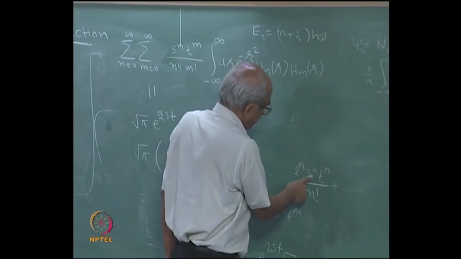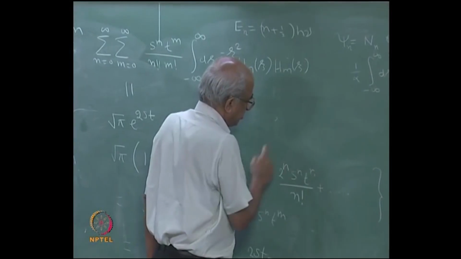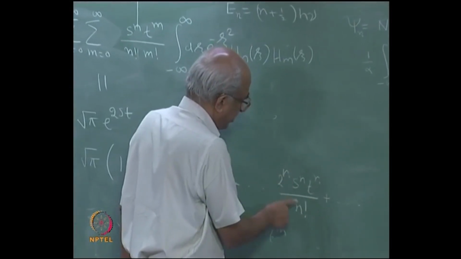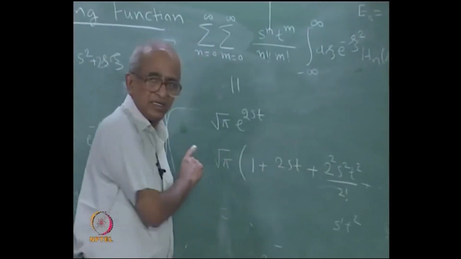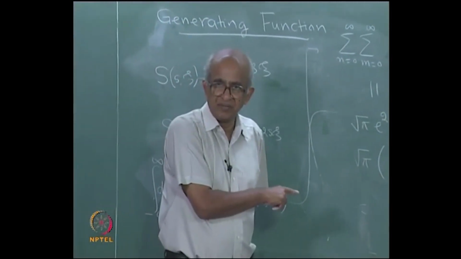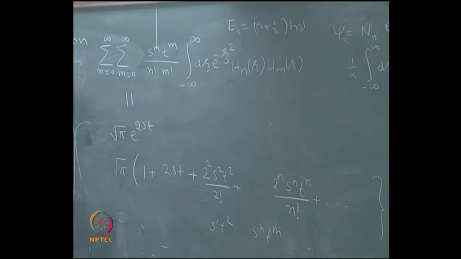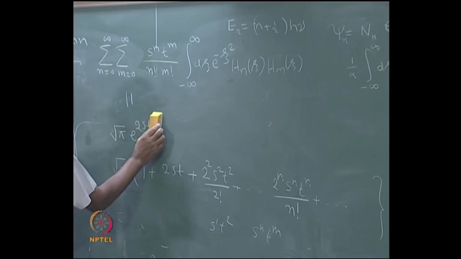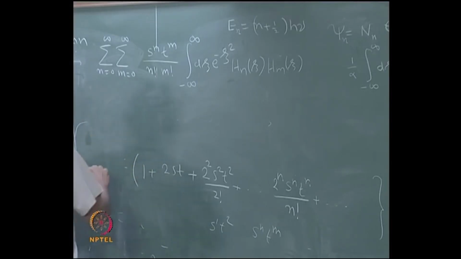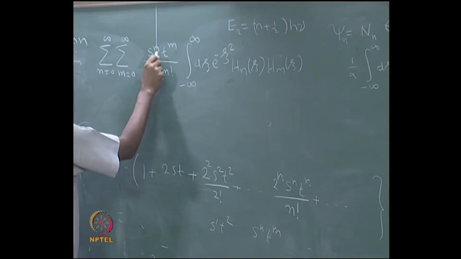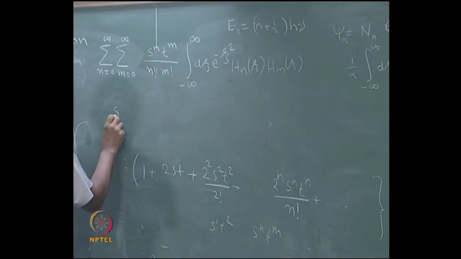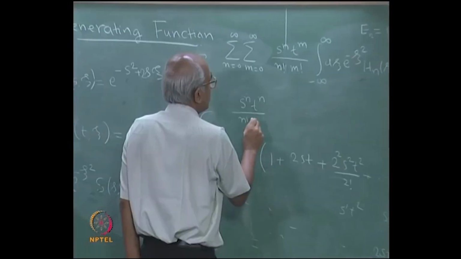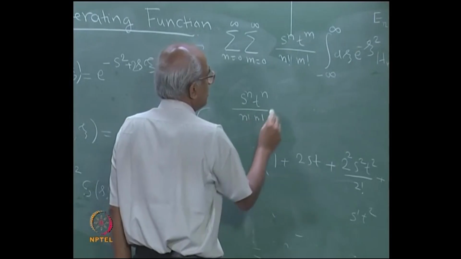See, when n is equal to m, let us say I will have s to the power of n t to the power of n, and you will have 2 to the power of n divided by n factorial multiplied by square root of pi, correct. So, therefore, I take the term with n equal to m here. If n is equal to m, the term occurring there is s to the power of n t to the power of n divided by n factorial divided by n factorial, because n and m are the same,